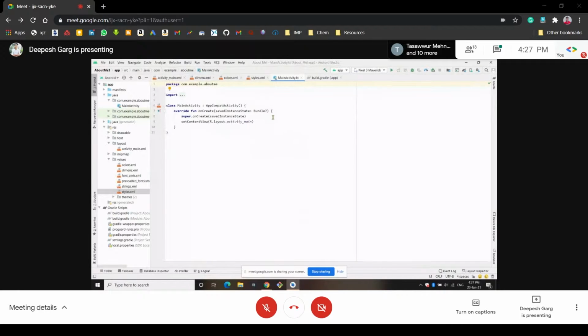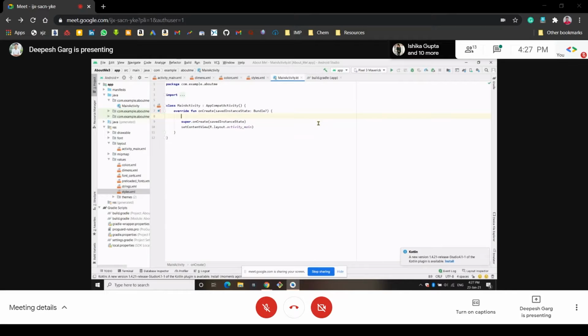We will create it in the onCreate function, that is the main function. First we have to create a binding object. How will we define this? This binding object is a variable, right?